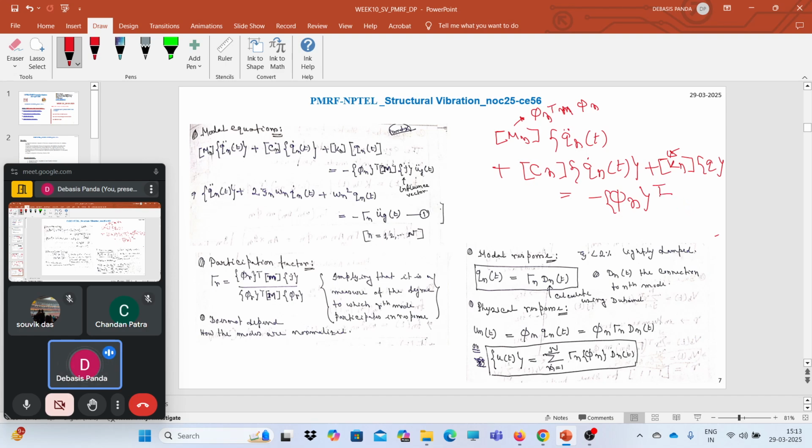So phi transpose m, we have the influence vector j and ug double dot of t. Here ug double dot of t and xg double dot of t both represent the ground acceleration,